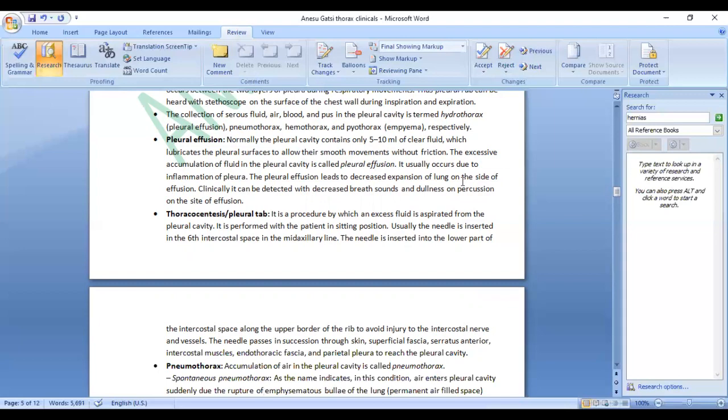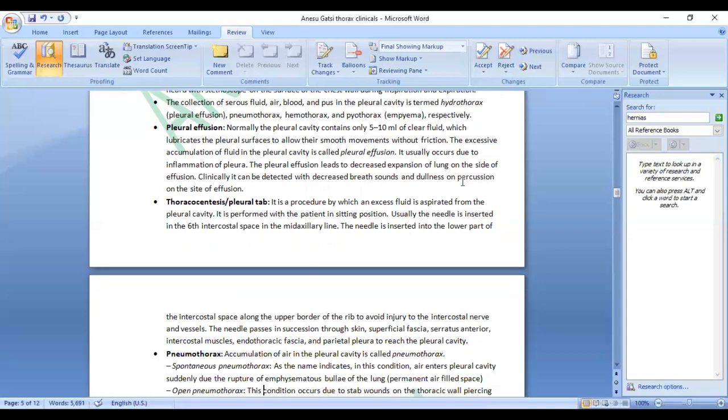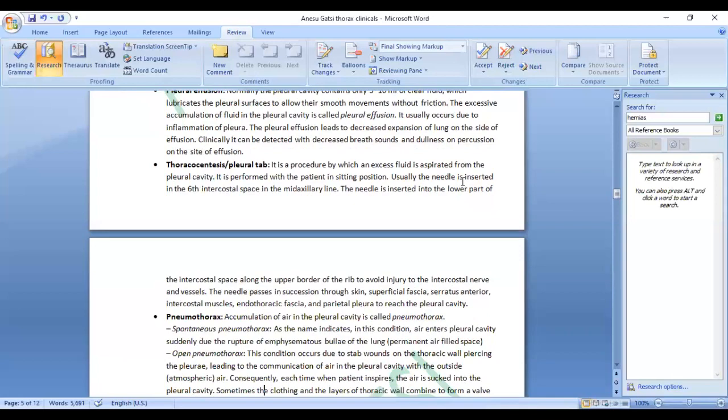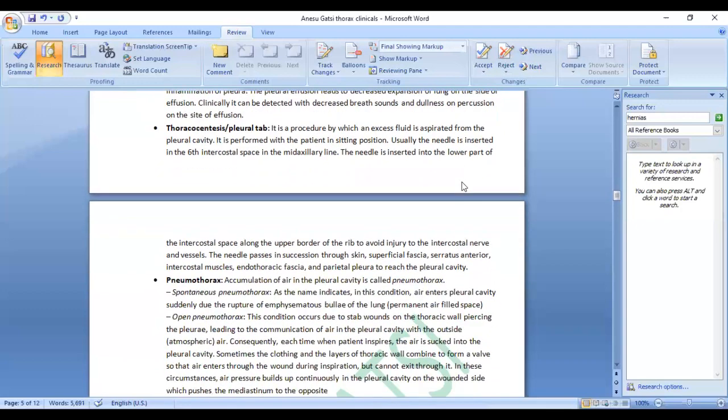Take note, you will not pierce through the visceral pleura that actually closely invests the lung. Then a pneumothorax is just accumulation of air in the pleural cavity, as I talked about. So you may have a spontaneous pneumothorax or an open pneumothorax. A spontaneous pneumothorax, from the name itself, is where air enters the pleural cavity suddenly due to rupture of what